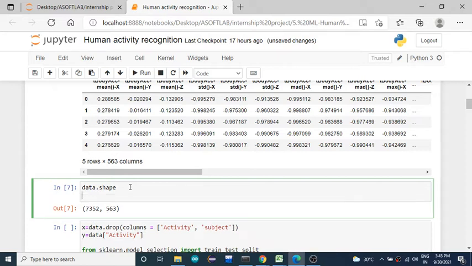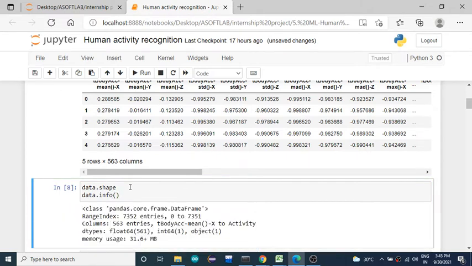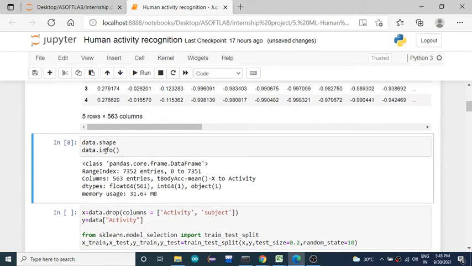For that purpose, we can take the help of methods defined inside the pandas library. If I use the info method, all the details will be obtained.